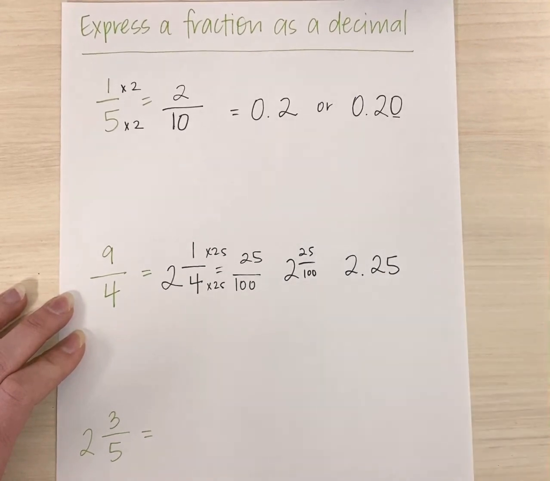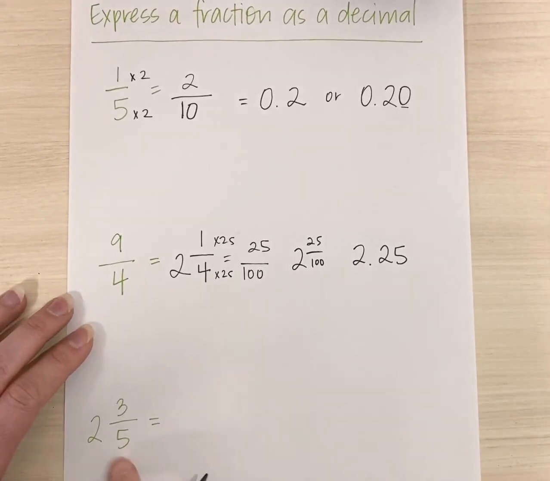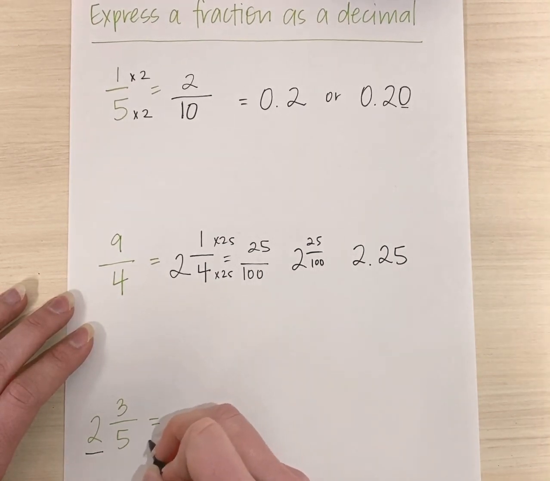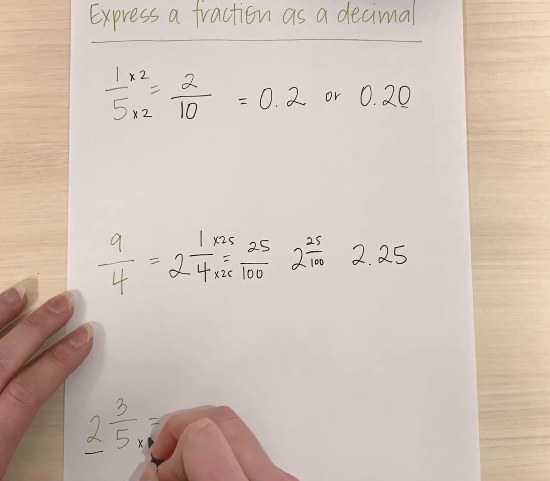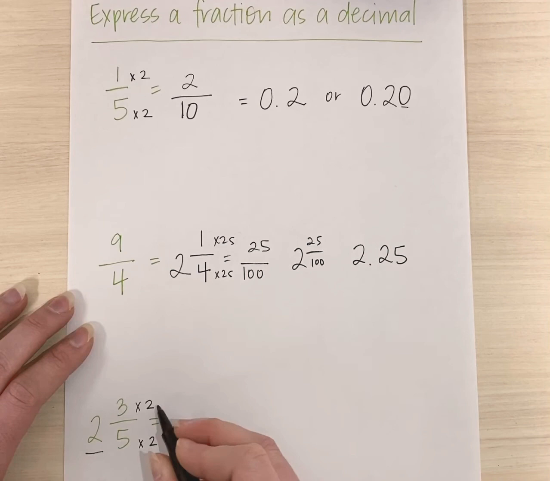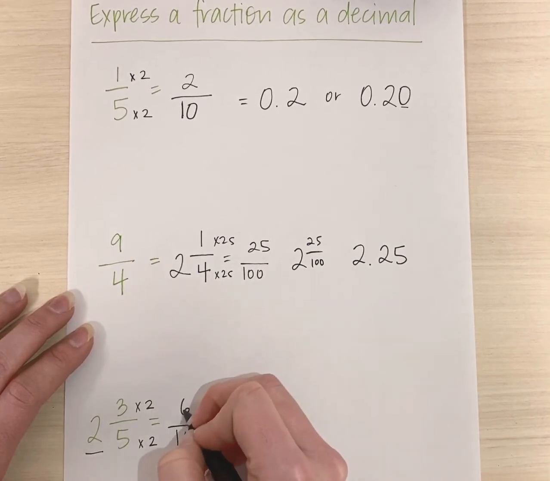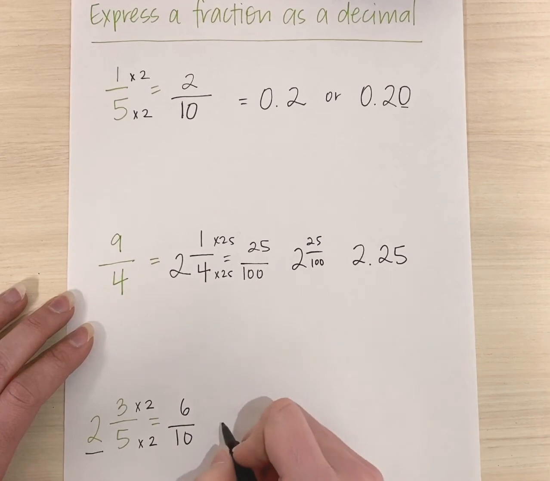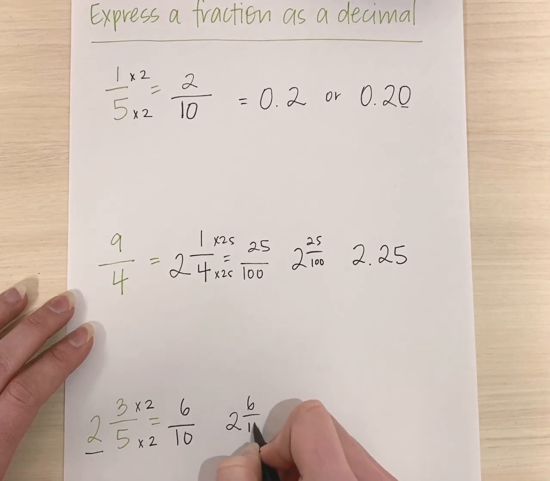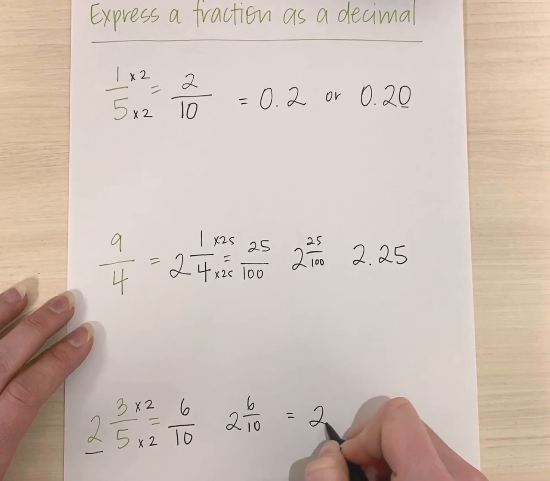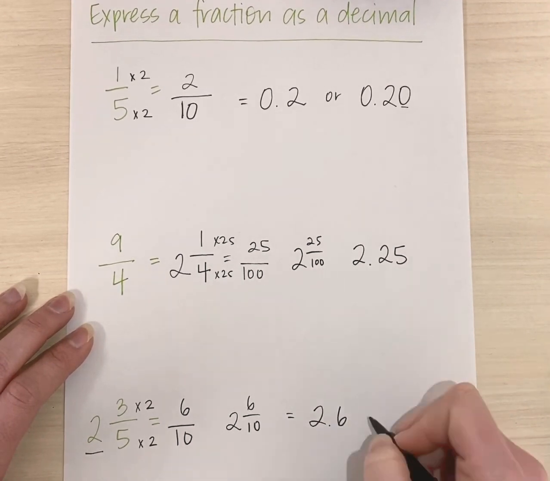2 25 hundredths. Now again, if I have a mixed number, we talked about thinking of that like a dollar. We're not going to forget about it. It's like $2 and 3/5 of another dollar. I'm going to focus on this fraction first and then add in that whole number. So 3/5, I can make that have a denominator of 10. So times 2, whatever I do to my denominator, I have to do to my numerator. 3 times 2 is 6. So 2 3/5 is the same as 2 6/10, which I know written as a decimal looks like this,